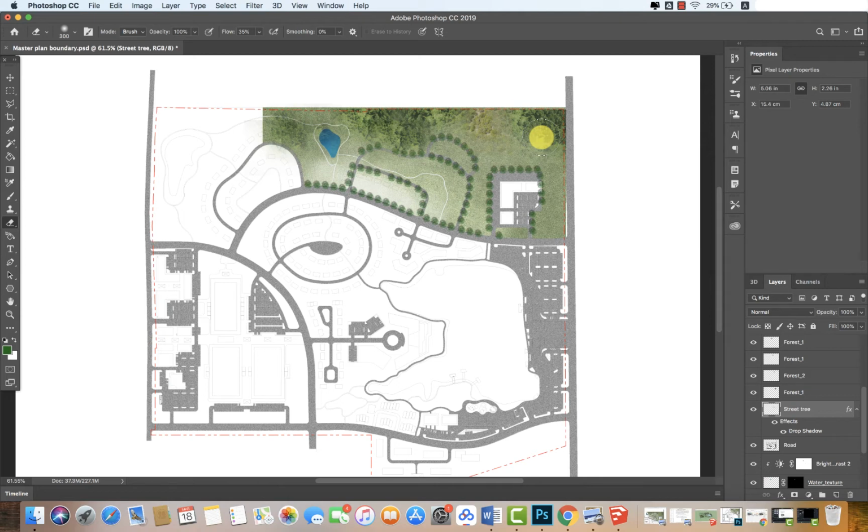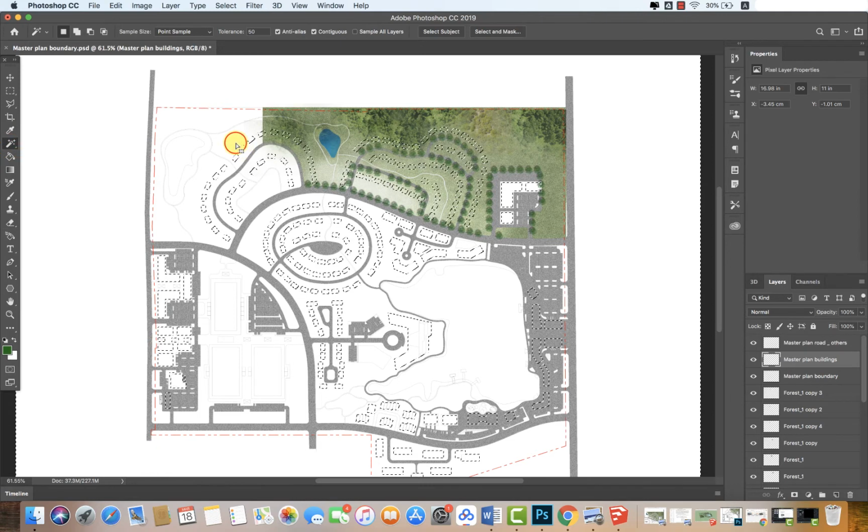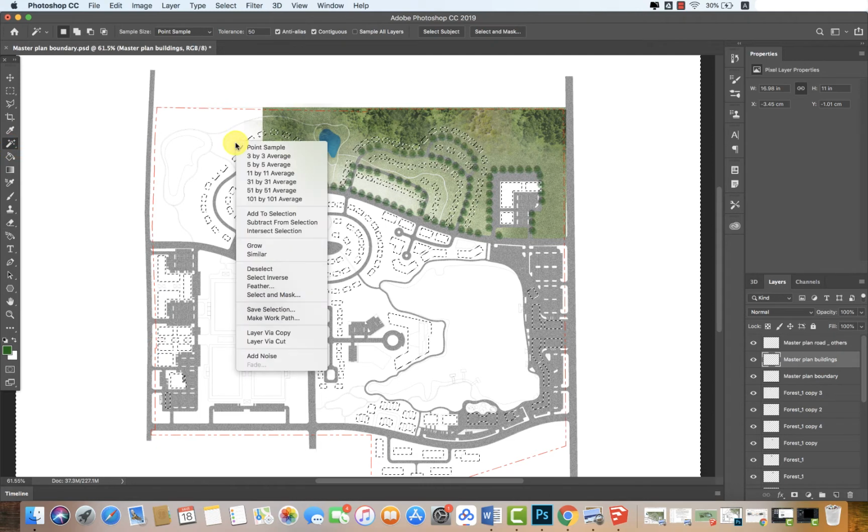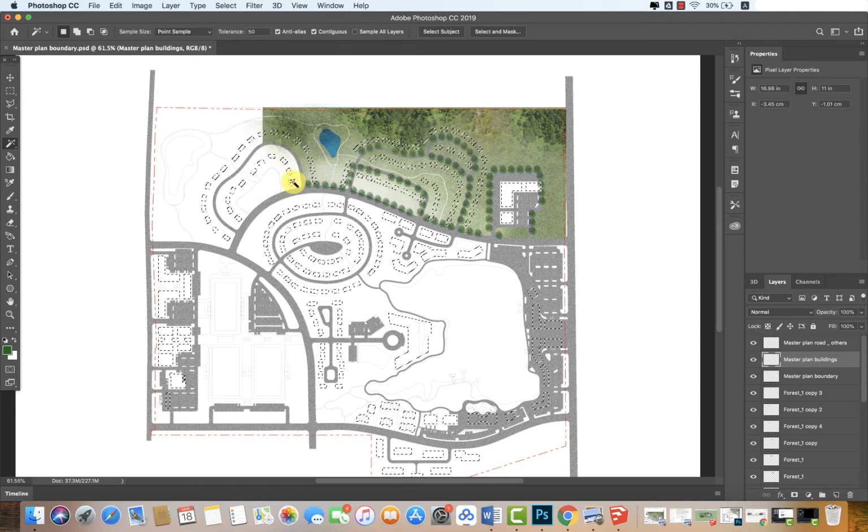I need to select all the buildings with the magic wand. Click the building layer. Because we imported the building layer as an individual layer, you can use the magic wand to click blank areas, and then right-click the mouse to choose Select Inverse. And you can see all the buildings are selected. You need to create a new layer for this building layer. So we create a new layer